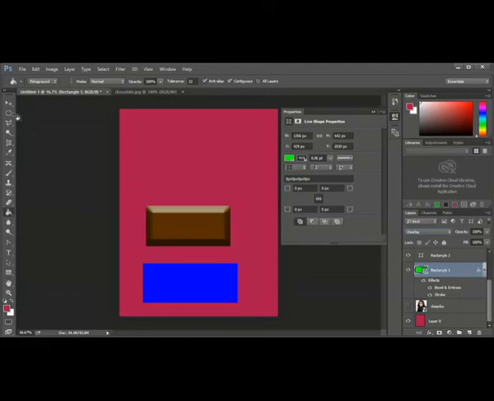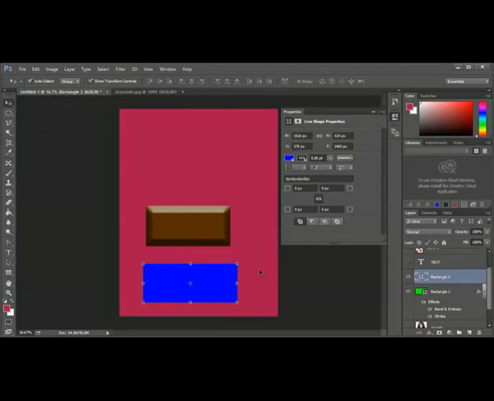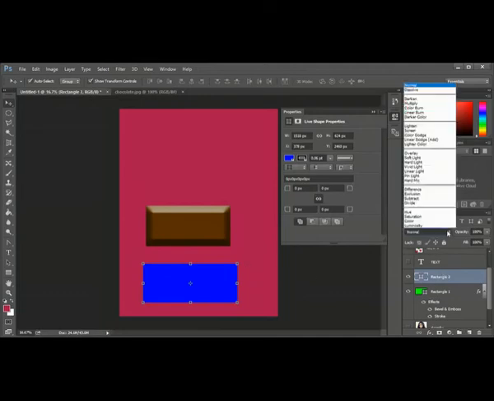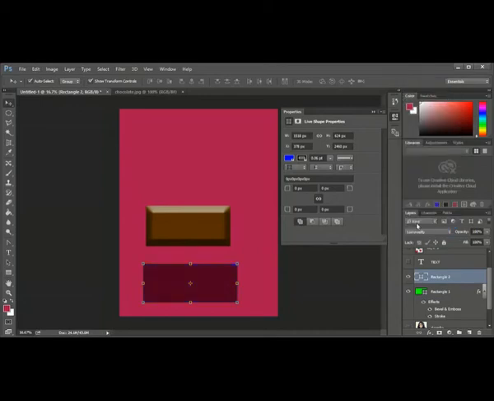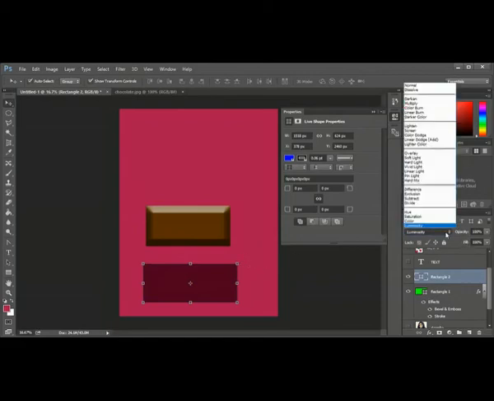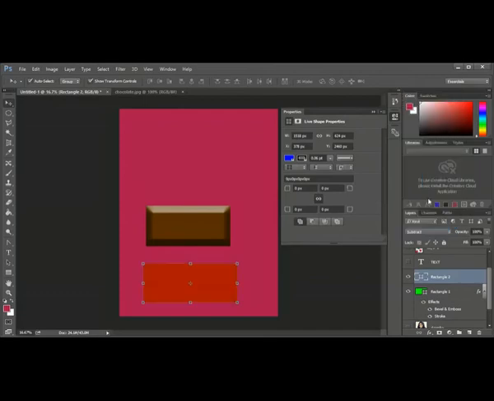It will be different when you select this object. Suppose I select blue and I'll put luminosity. It will be a different color. The effect is different because now blue is mixing with this color. Suppose I select subtract, you get another color.